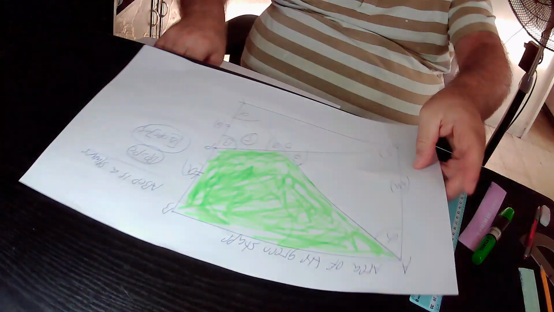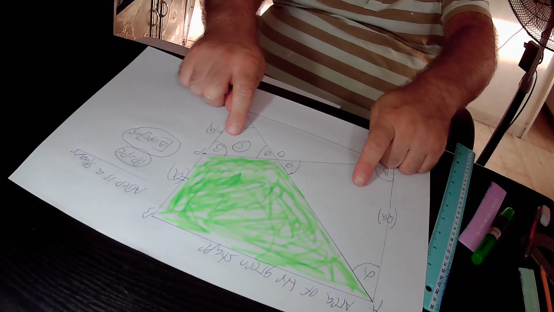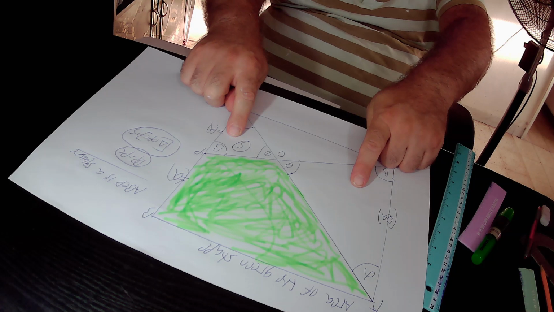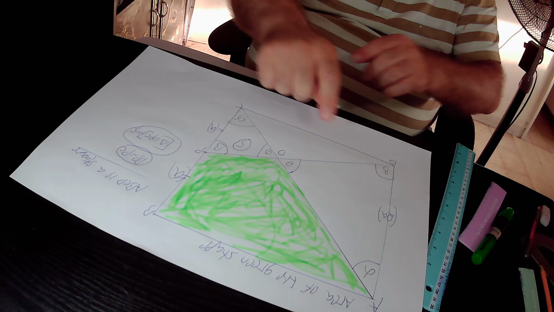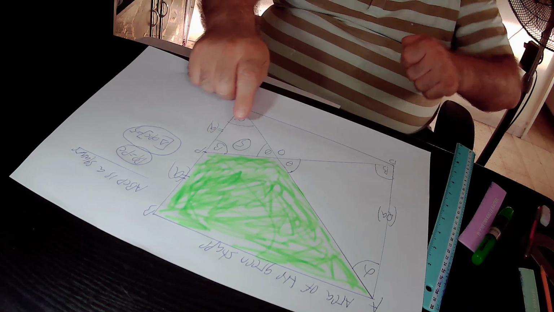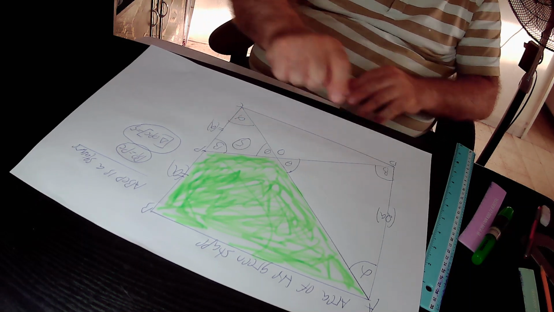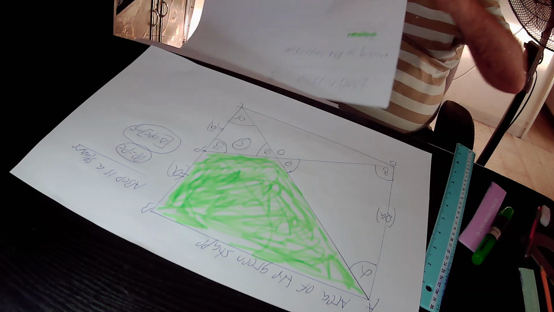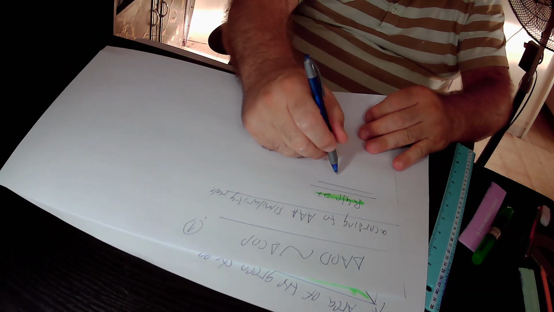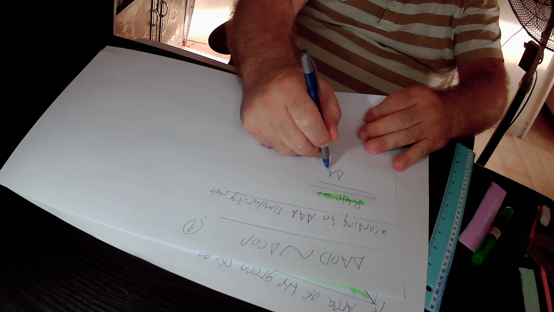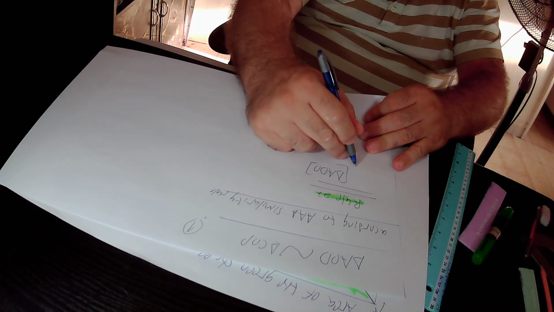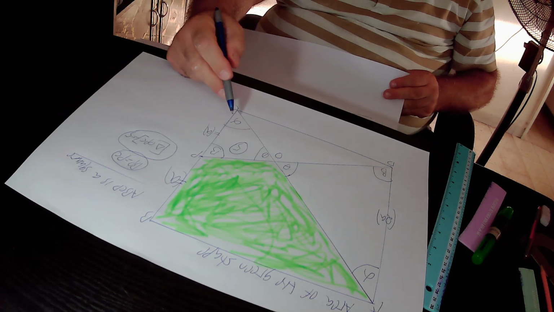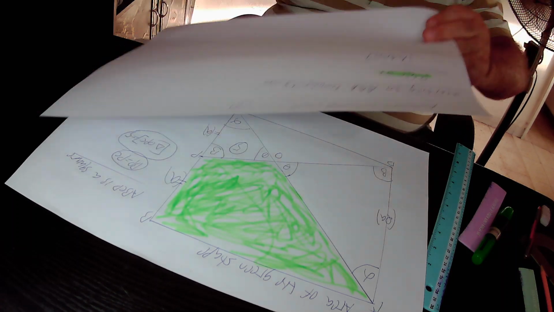According to rule 22, the ratio between the areas of those two similar triangles, that is to say, the area of the big triangle ADO over the area of this triangle POC,